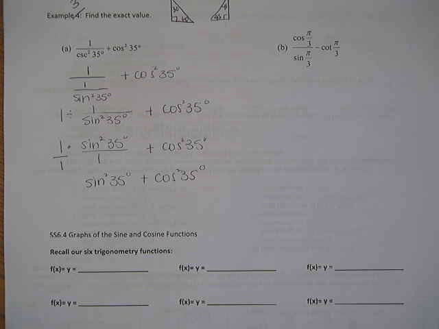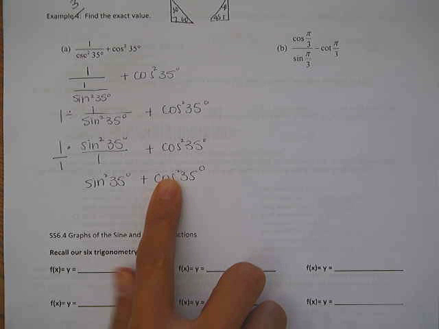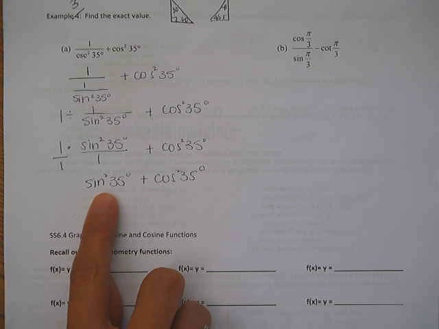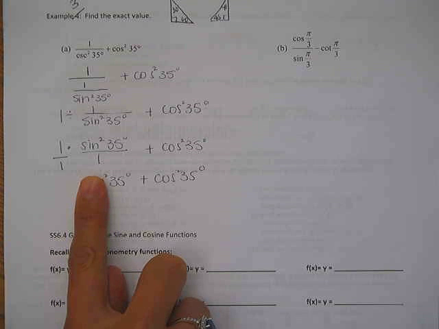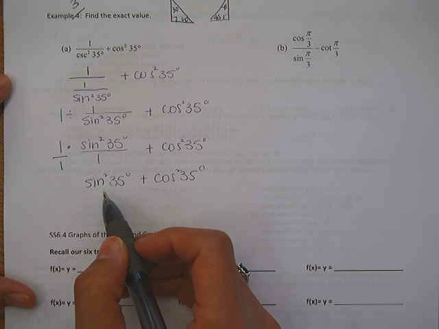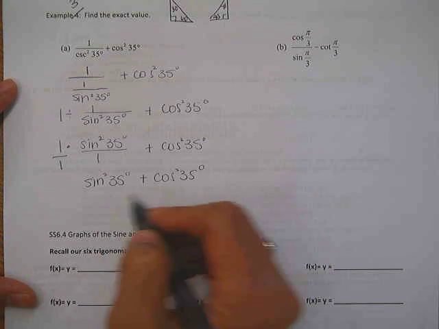Is cosine the same as x, like x squared, and is sine the same as y, so y squared? So we have x squared plus y squared. What does that equal out to be? This equals out to be,